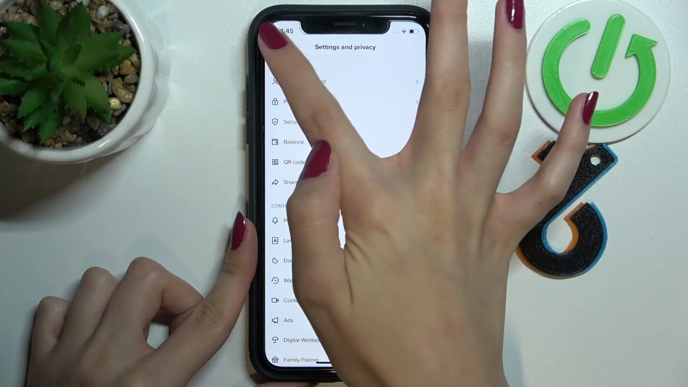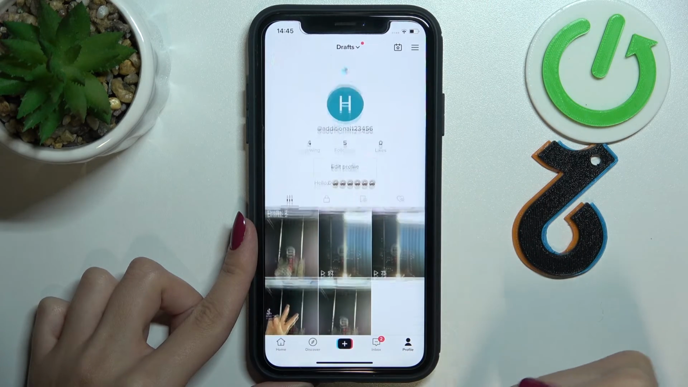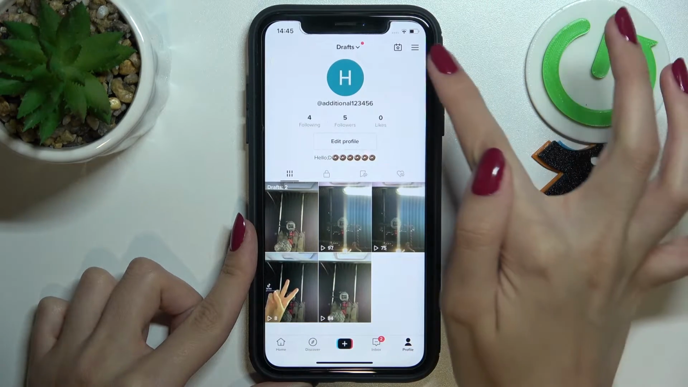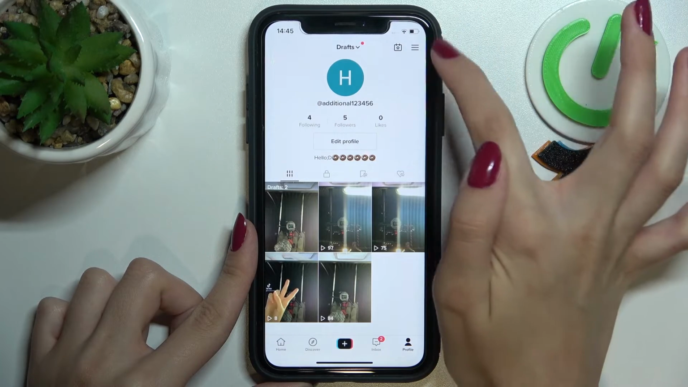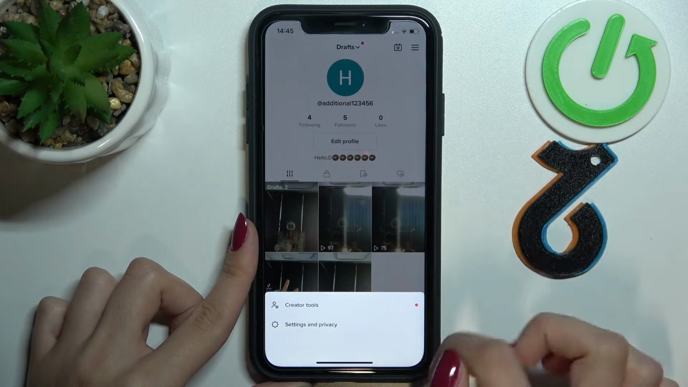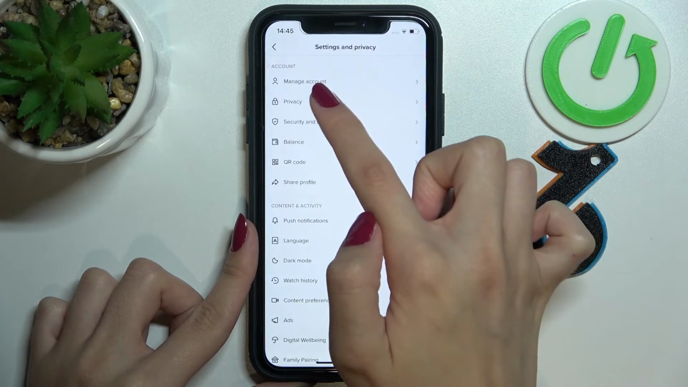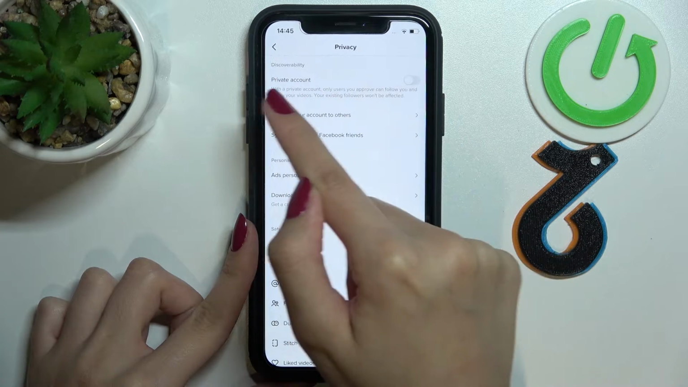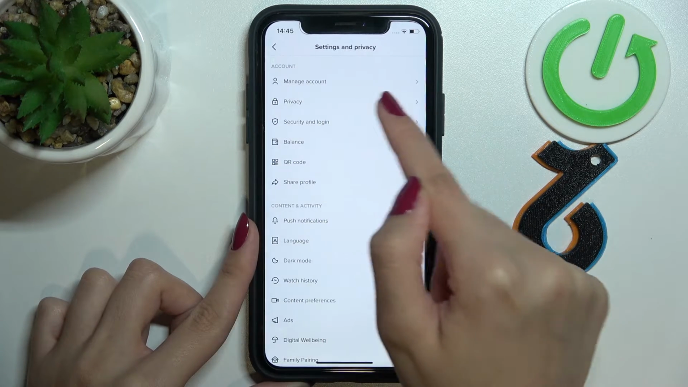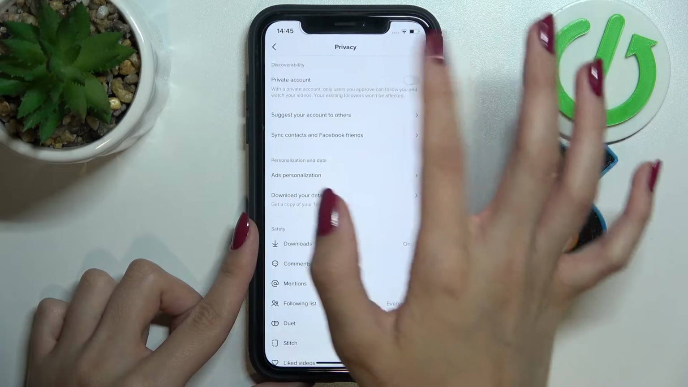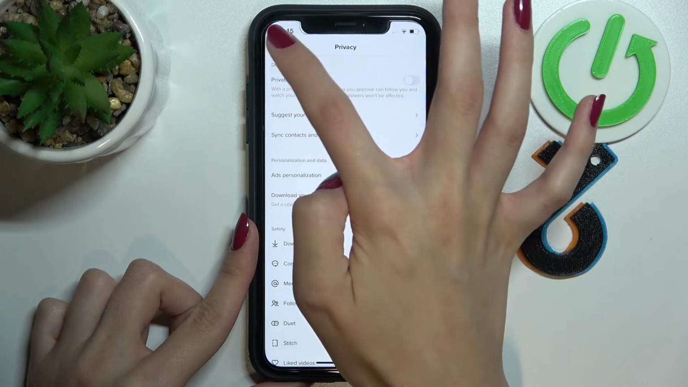Right now I'm going to refresh my profile page to save and check all of the changes again. So I need to tap on the three lines button, pick on the settings and privacy, choose privacy, and yes, as you can see, right now the private account option is mostly disabled and I have all of the default